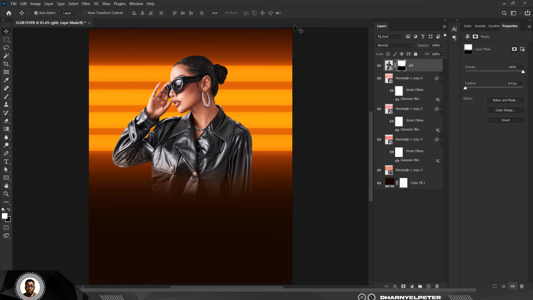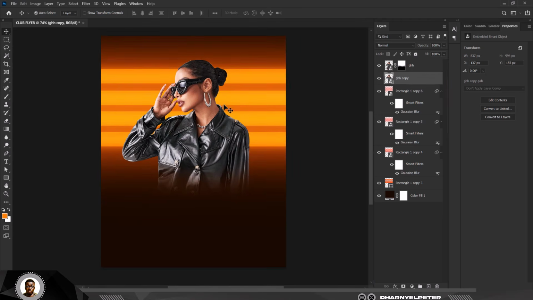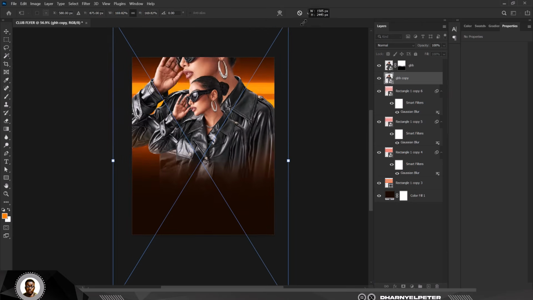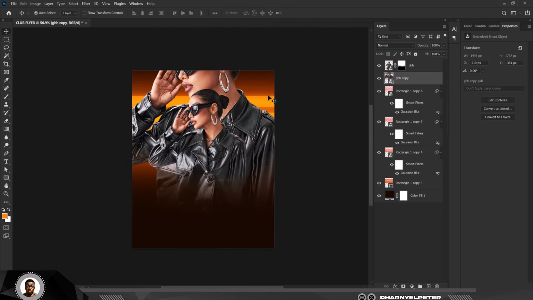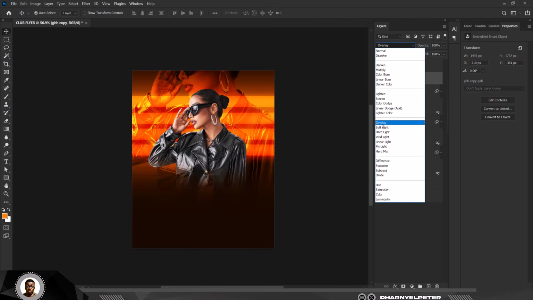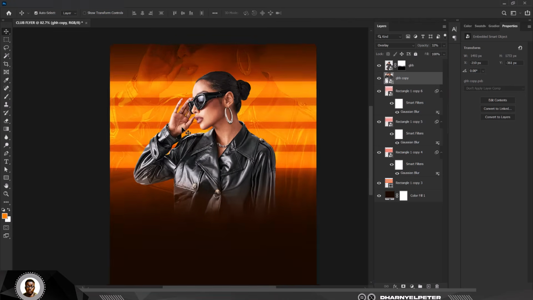The next thing we need to do is convert this back to smart objects and bring this down here. I made a duplicate copy of it, and I'm going to make this one big. That's the duplicate copy. Click enter. I'm going to change the blend mode to overlay, and I'm going to reduce the opacity like this to have this nice